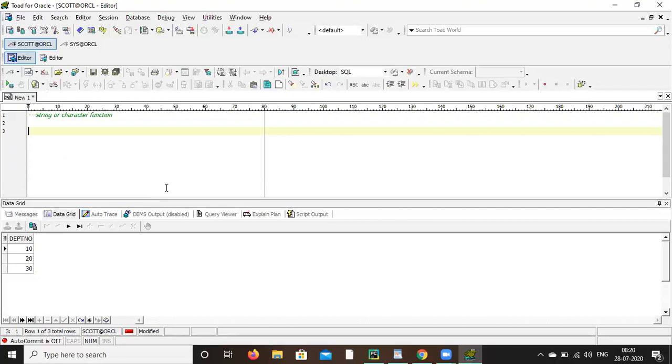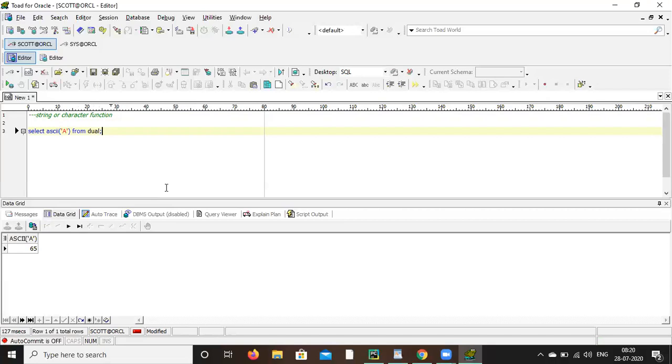You can write select ASCII, ASCII within bracket, within single quote A from dual. Semicolon, run it. So sometimes if you want to find, let's say, the ASCII value of any character of any string, you can use ASCII, the string function.